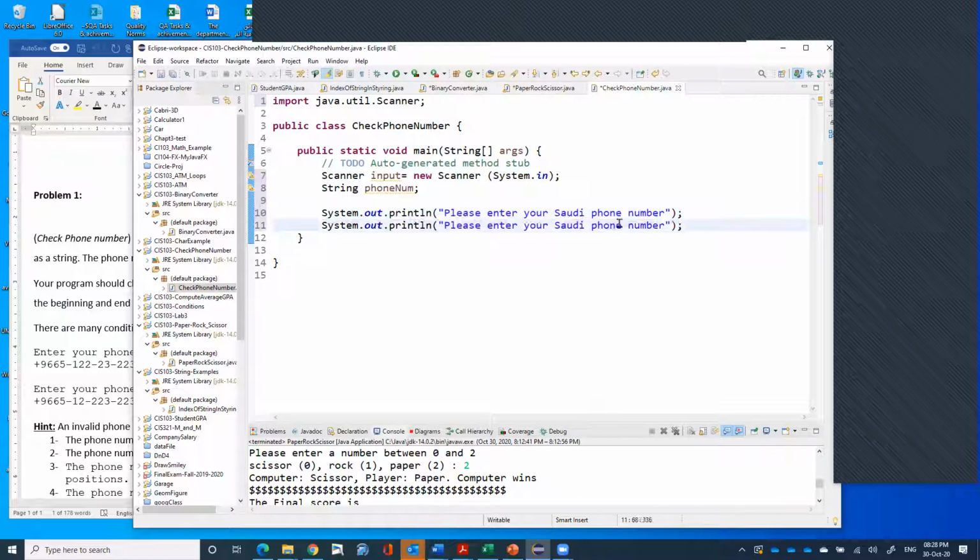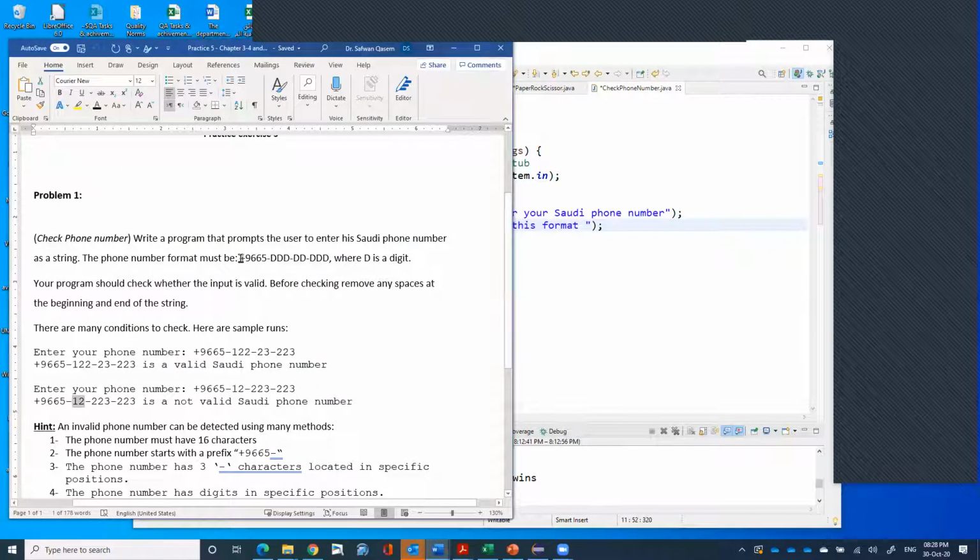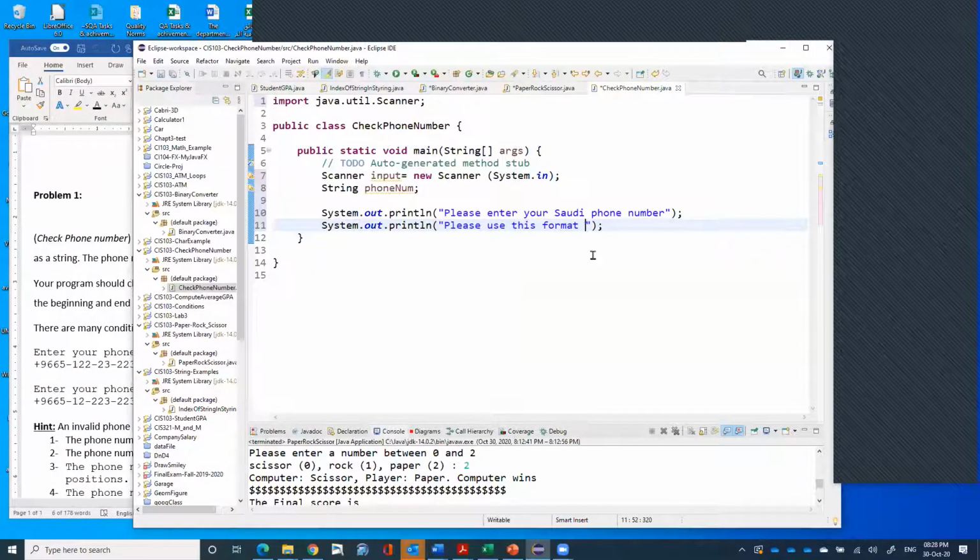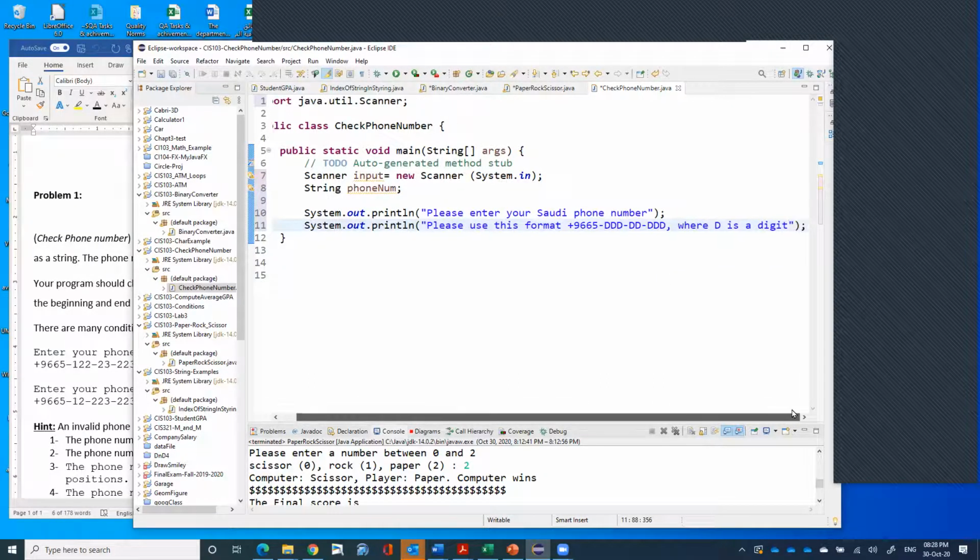I will write here: please use this format. And the format, I have it here. D is a digit. Fine. Okay. And now we want to read